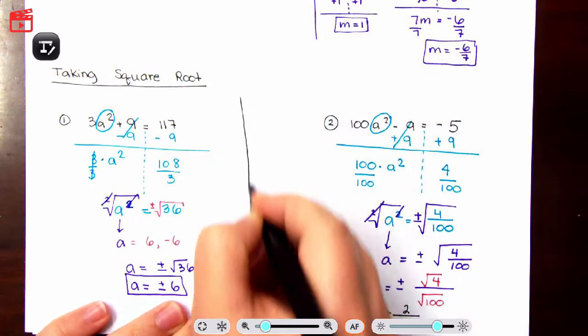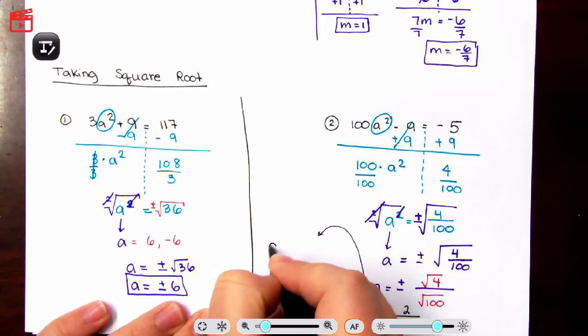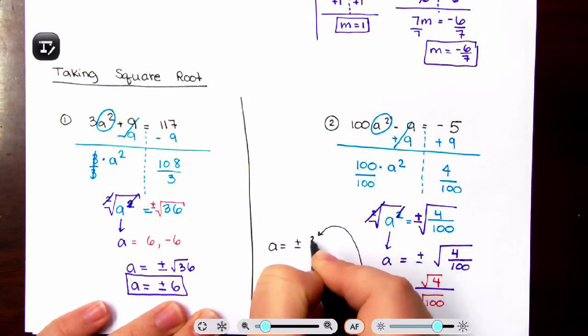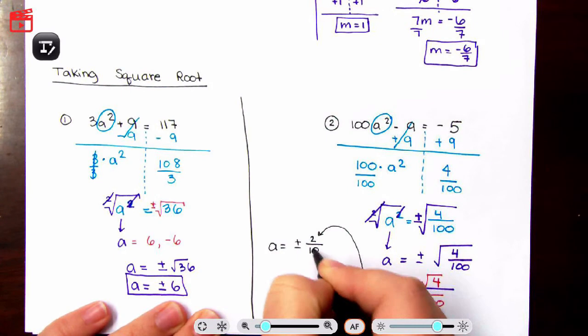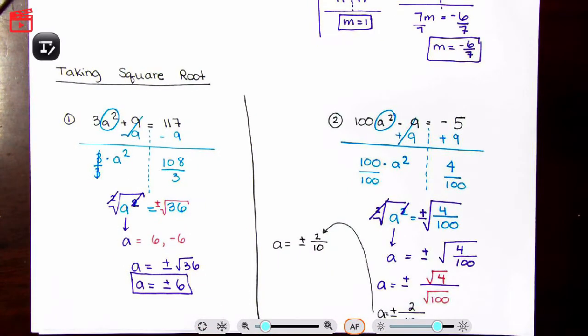I'm going to separate these two. I'm going to rewrite it. So I have a equals plus or minus 2 divided by 10. I almost said 100. It is 10. 2 divided by 10. Now notice that 2 divided by 10 is not